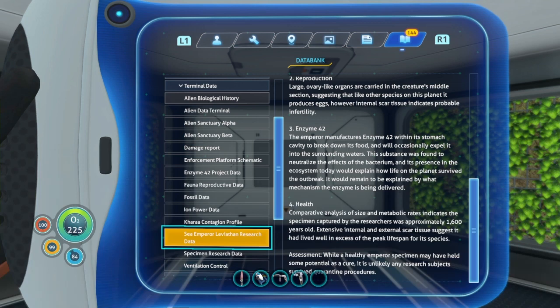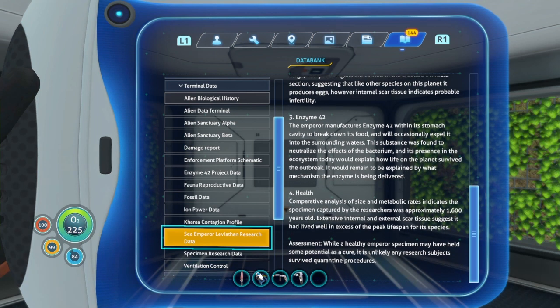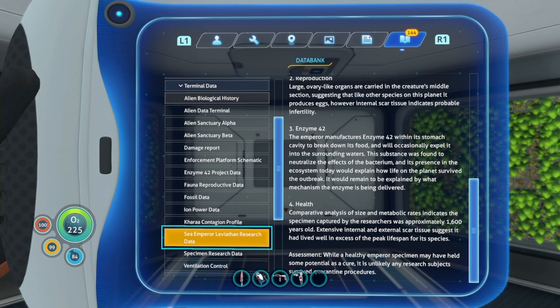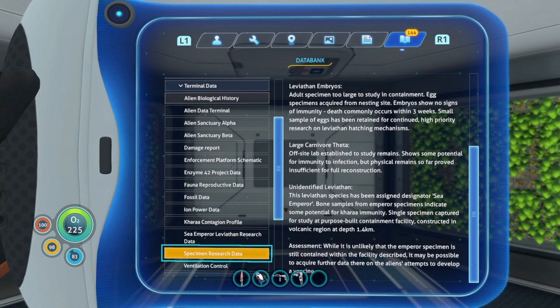Assessment. While a healthy Emperor specimen may have held some potential of a cure, it is unlikely any research subjects survived quarantine procedures. And that is either some pure dedication to live, or just flat luck, which I'd say pure dedication. Anywho,